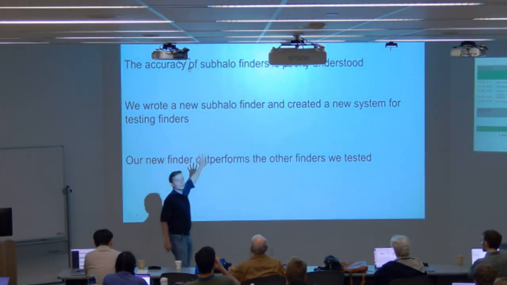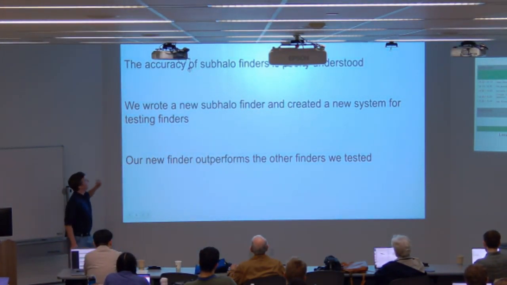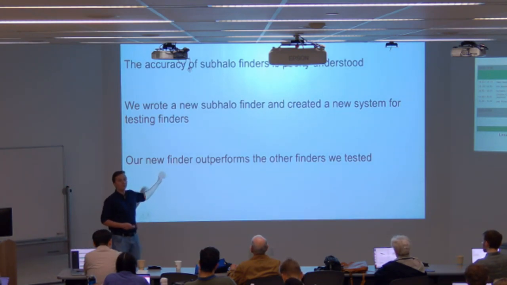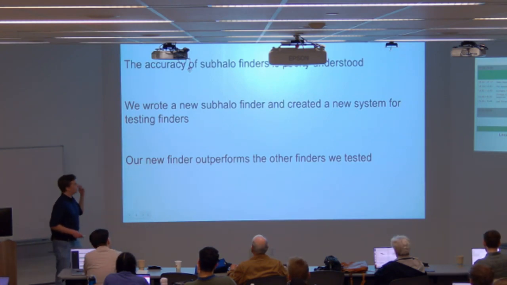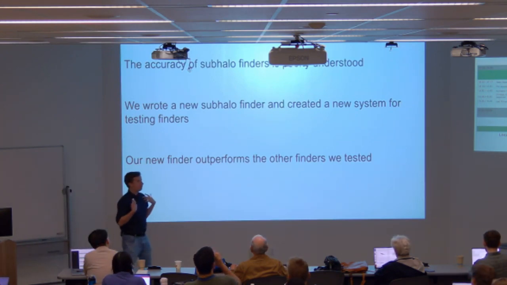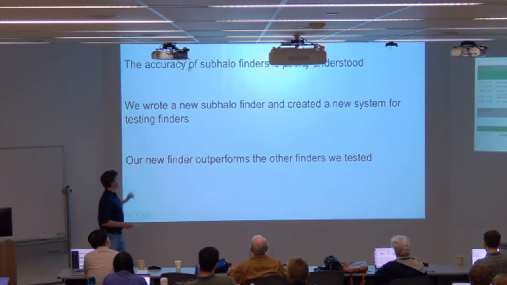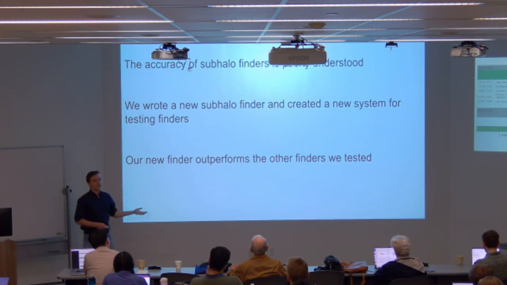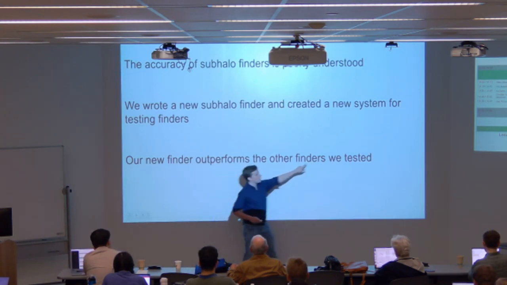So this is what my conclusion slide is going to be. I'm going to conclude three things. First, that our understanding of how accurate subhalo finders are is poorly understood. Second, that we've developed a new subhalo finder and a new testing system which, in my personal opinion, actually resolves that first point, if you follow all the steps in it. And lastly, that on the test that we performed, our subhalo finder substantially outperforms the other finders that we tested. I'm going to note that this S is intentional,